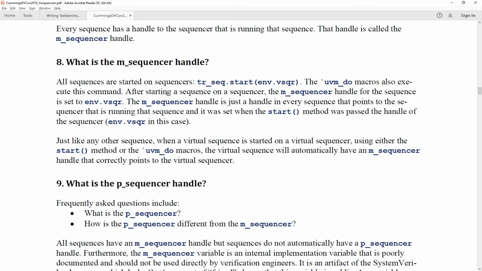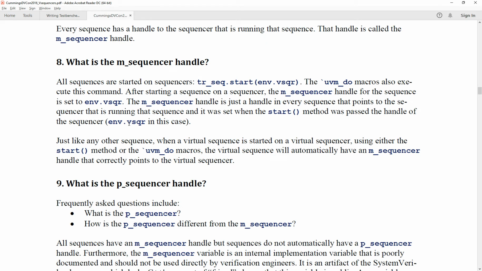After starting a sequence on a sequencer, the m_sequencer handle for the sequence is set to env.vsqr. The m_sequencer handle is just a handle in every sequence that points to the sequencer that is running the sequence, and it was set when the start method was passed the handle of the sequencer,